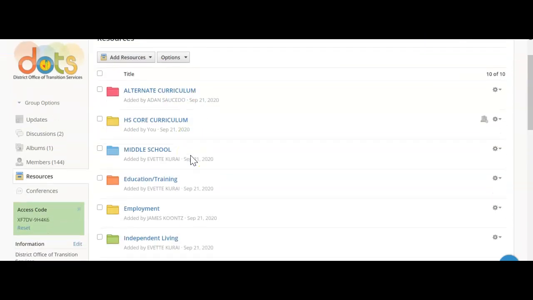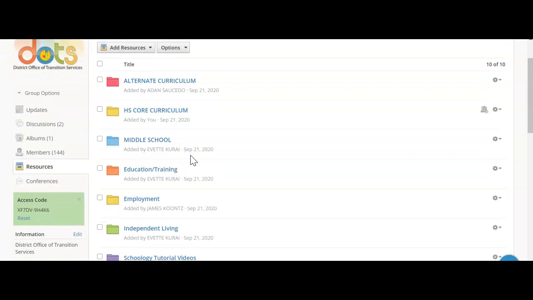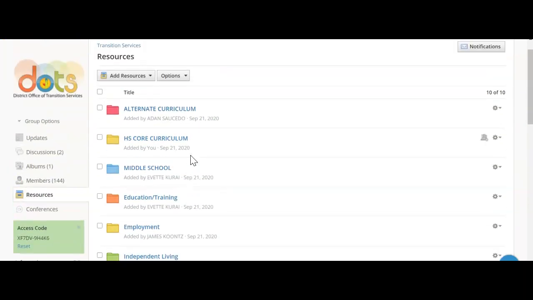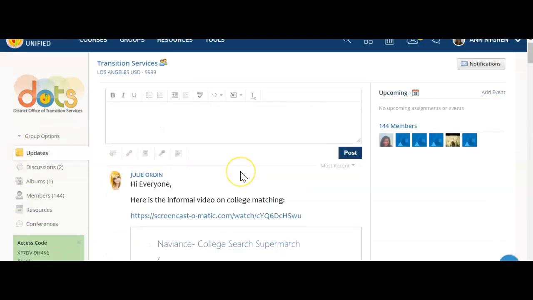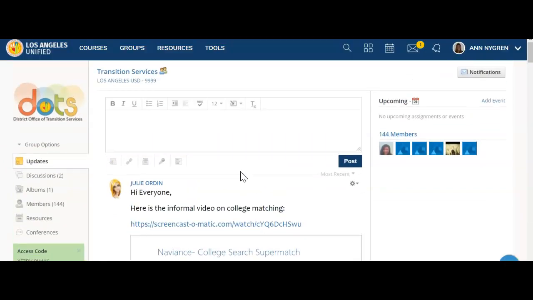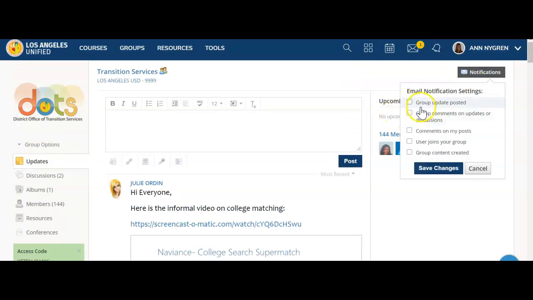There's other resources here that you might find helpful. You can scroll through and look at that, or you can go back to the update page and get that. You can also change your notifications, which is worth noting. So up in the top right under notifications, if you want to be notified every time that there's a group update, every time that someone comments, every time someone comments on your posts or a user joins the group, things